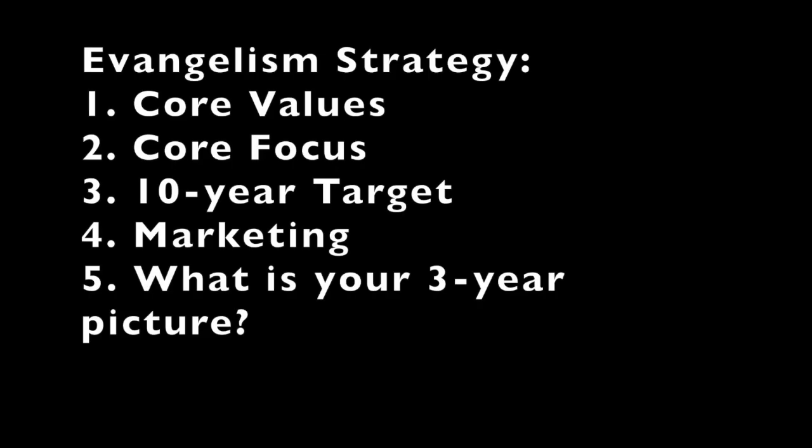Fifth, what's your 3-year picture? Don't overthink this. You're painting a picture of a destination. You're not discussing every obstacle along the way. It's always going to be challenging, but start with numbers that are the easiest to get to. See if everyone's on the same page, like we want to get to this number, paint a picture of what that will look like, and see if you can actually accomplish that. 3 years from now, we want to do this.